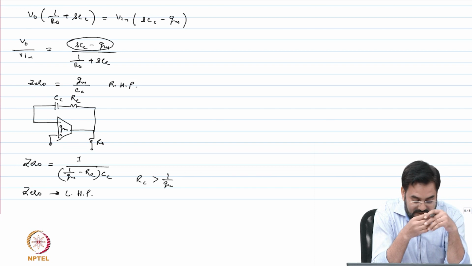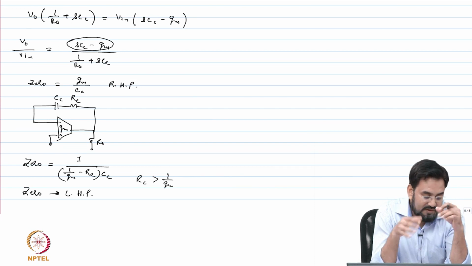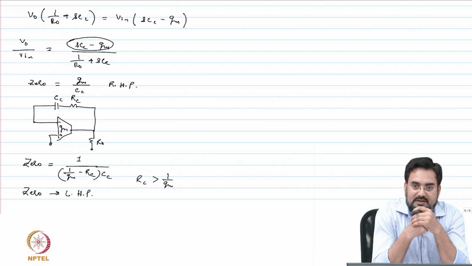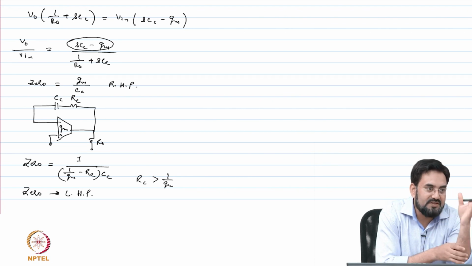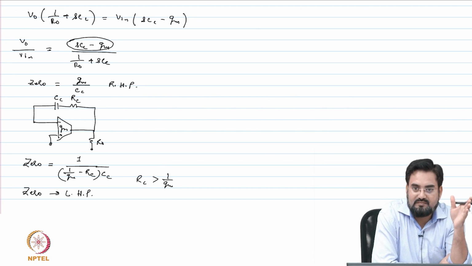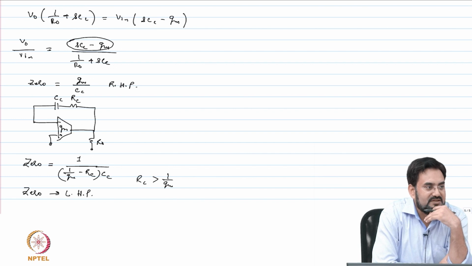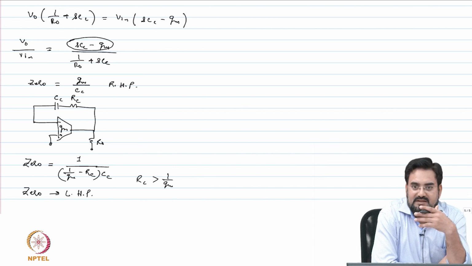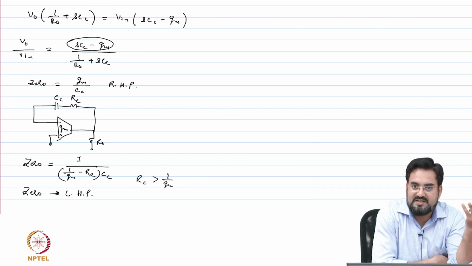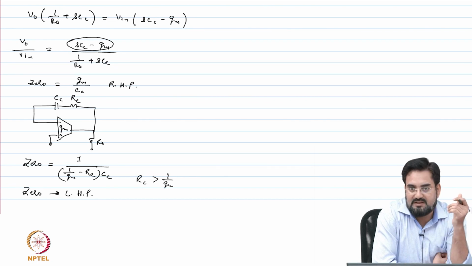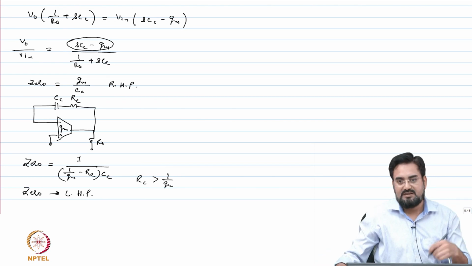Another thing you can do, now it is in the left half plane, you can overlap this with your non-dominant pole, the second pole. So, you can convert the second order system effectively into a first order system and extend your bandwidth, because now the second pole is not in the picture, only one pole, and first order, you know, the maximum phase shift can be 90 degrees, so you can have much higher bandwidth. So that's another advantage of having this.